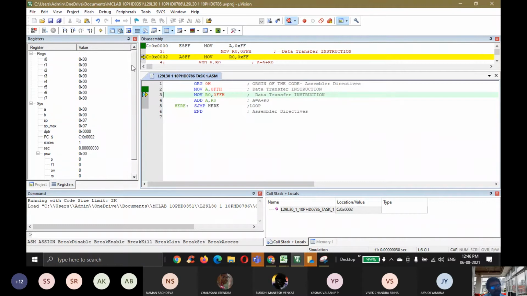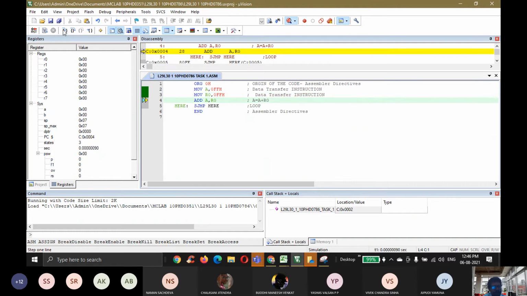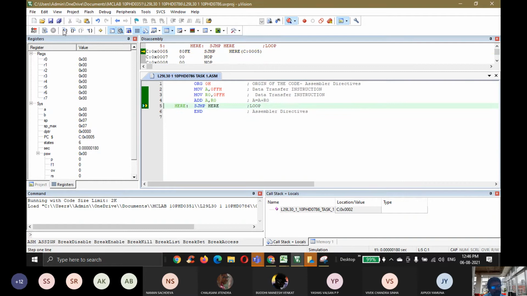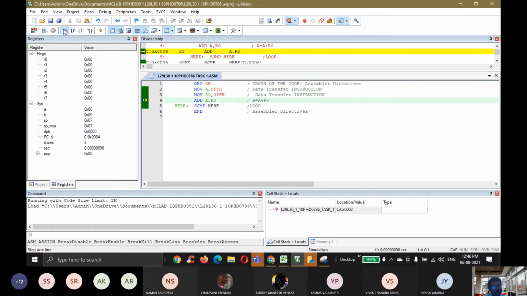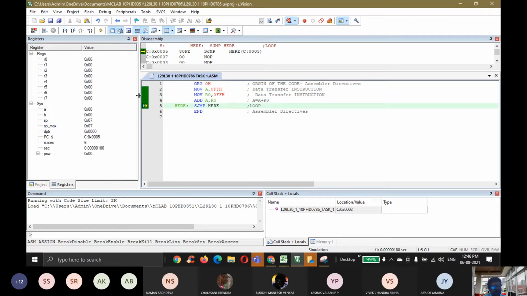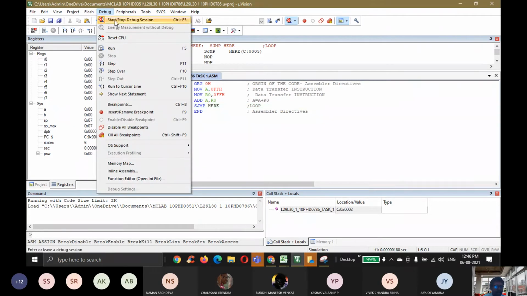If you move here, you can see that one by one it is being executed. It will come out of the loop. So you can give reset and it will go one by one. It will be executed and you will be getting the outputs in the appropriate places. Okay. So debug, stop debugging.